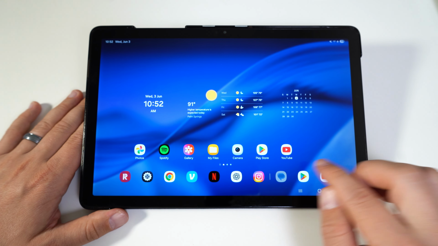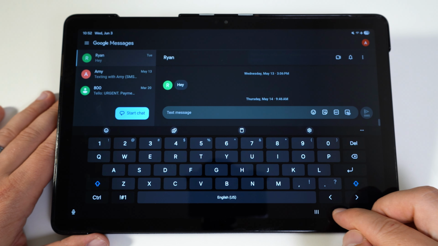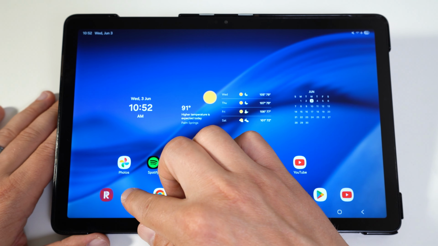Gboard is Google's official keyboard app for Android, but if you have something like a Samsung tablet, it doesn't actually come with Gboard installed, and I'll show you how to change that. My tablet, for example, has the Samsung keyboard, and to see all your available keyboards, you can go to Settings,